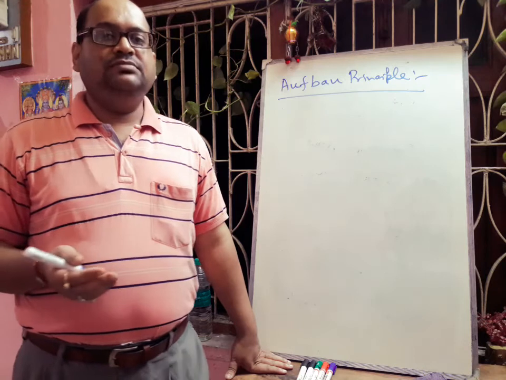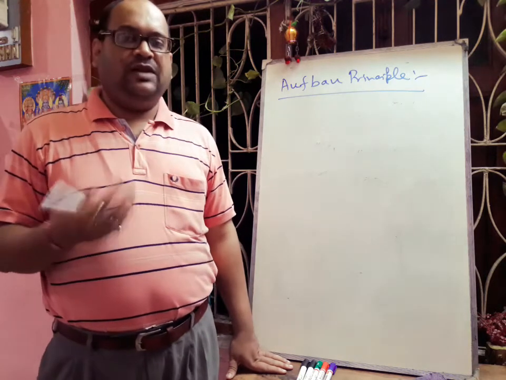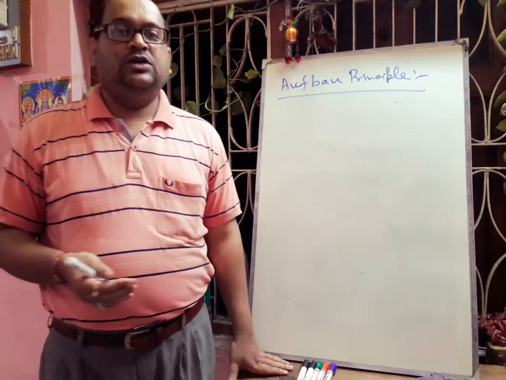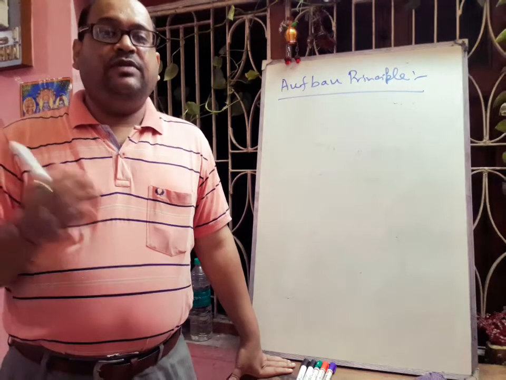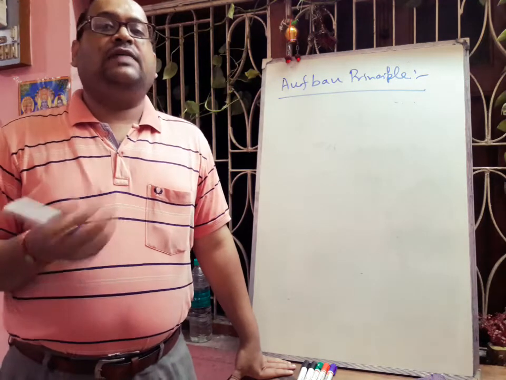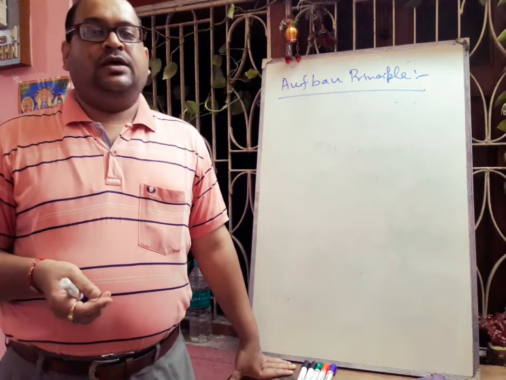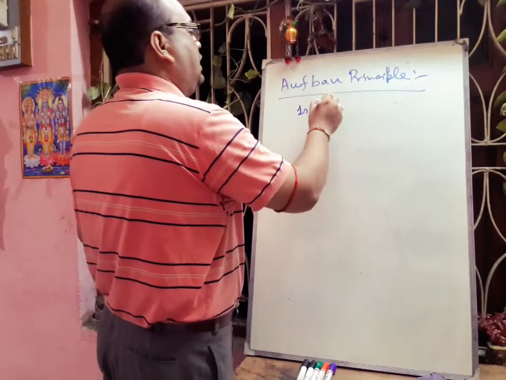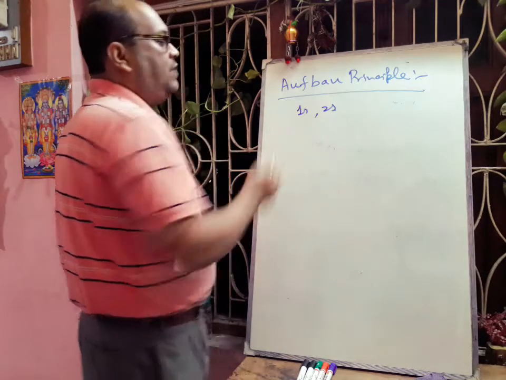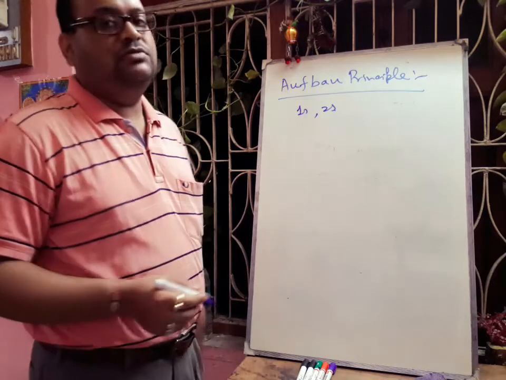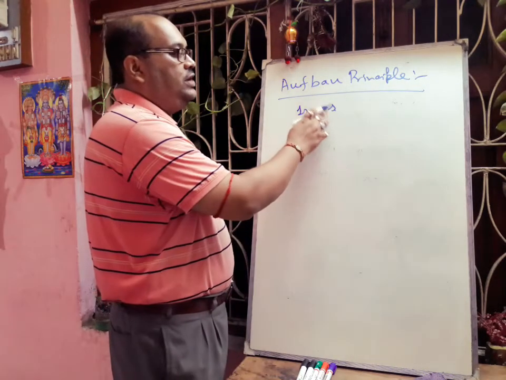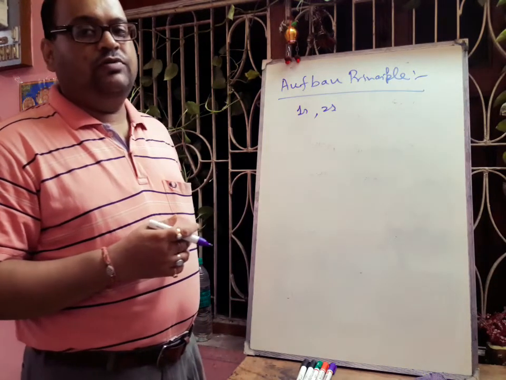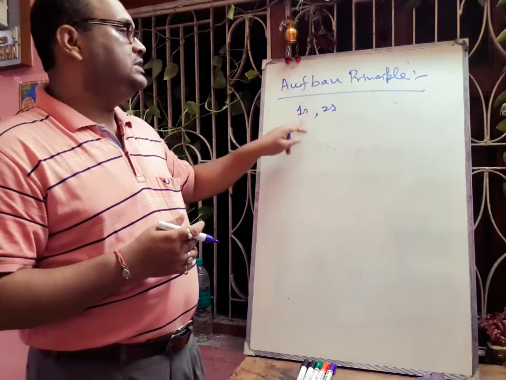If we think about the subshell with larger value, or with lower value of n plus l, so the lower value of n plus l will be filled up first, then the higher value of n plus l will come. Now if we think about the 1s and 2s subshells, in case of 1s, what is the n plus l value? It will be 1. In case of 2s, the n plus l value will be 2. So which one is the lower energy? This one is the lower energy.